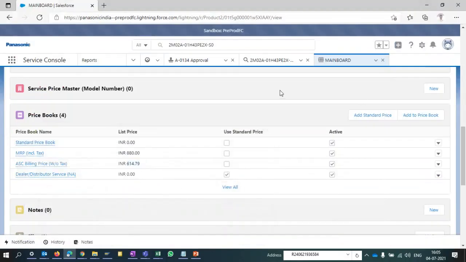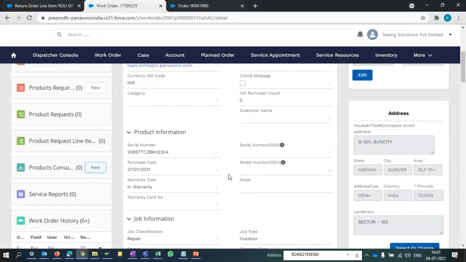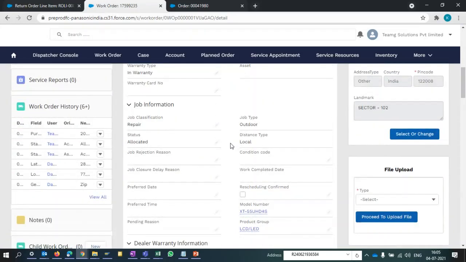Yes. But you have shown the sequence. Just the sequence, yeah, it is simple. You can just click on part product consume, add the part and save. And simply you have to complete the job as shown for the non-part job. This will come for an RMA challan creation. Okay, let me quickly move to the RMA portion.